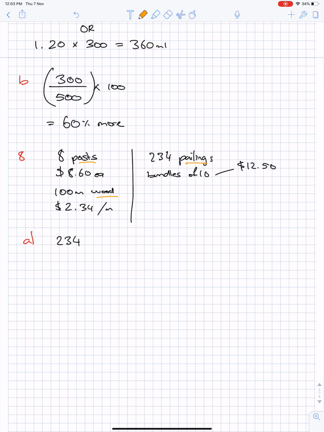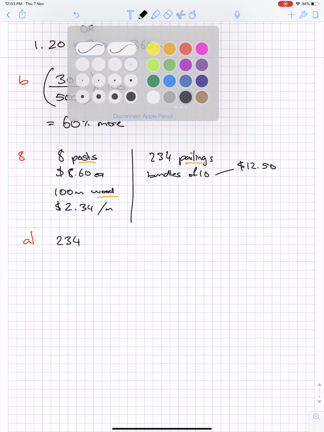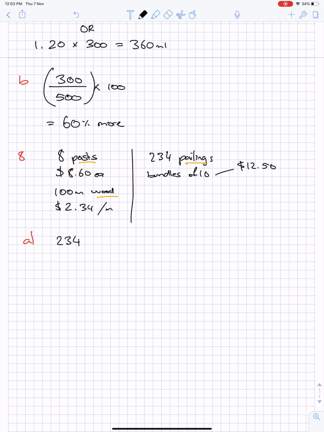So it's basically asking you to add the cost of these together. So let's start with the posts. So 8 posts, so you go 8 times $8.60 plus 100 times 2.34